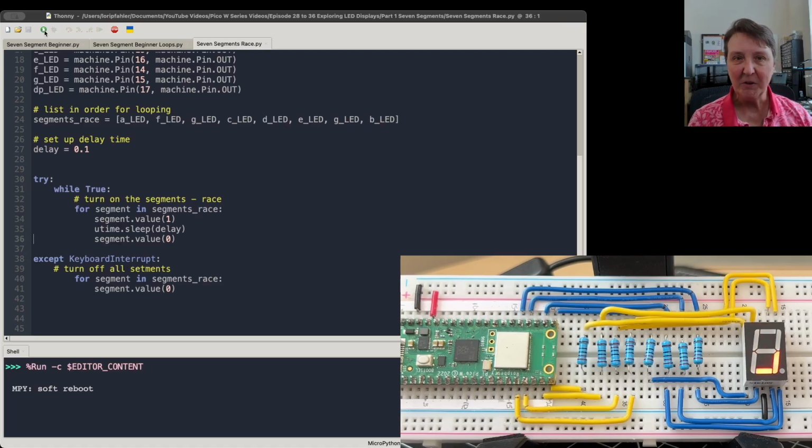In the next episode, we'll actually put the numbers 0 through 9 on, and we'll count up and down and learn a little bit more about how to control the 7-segment display when we're actually trying to put some numbers